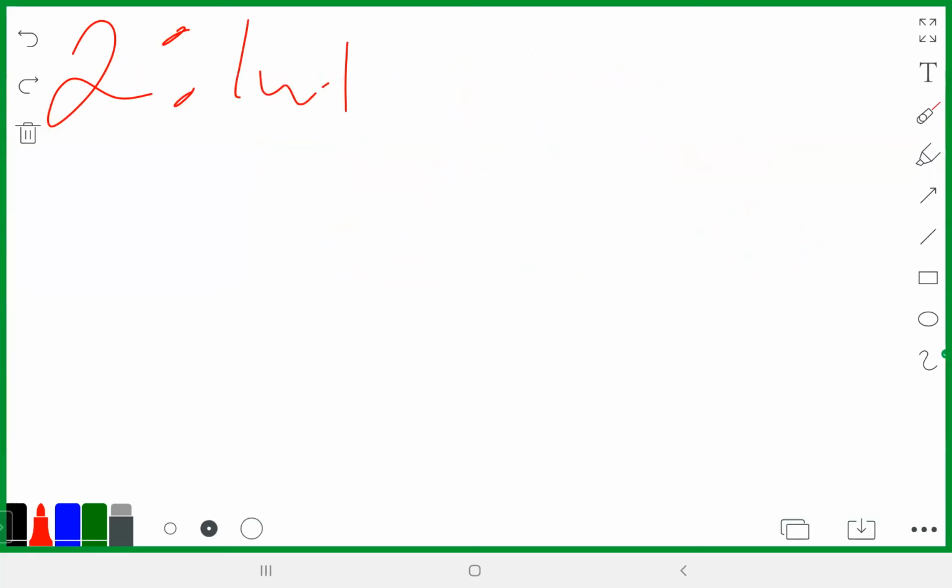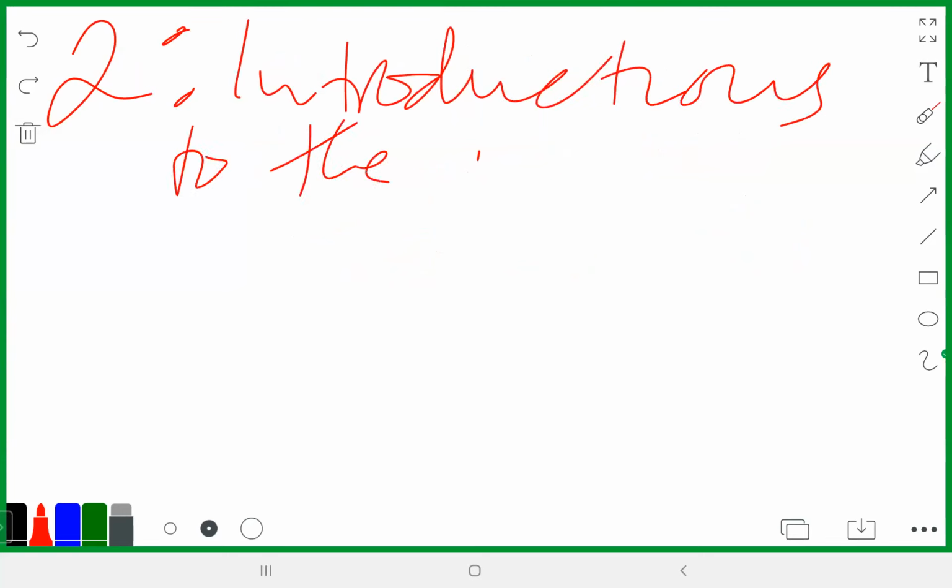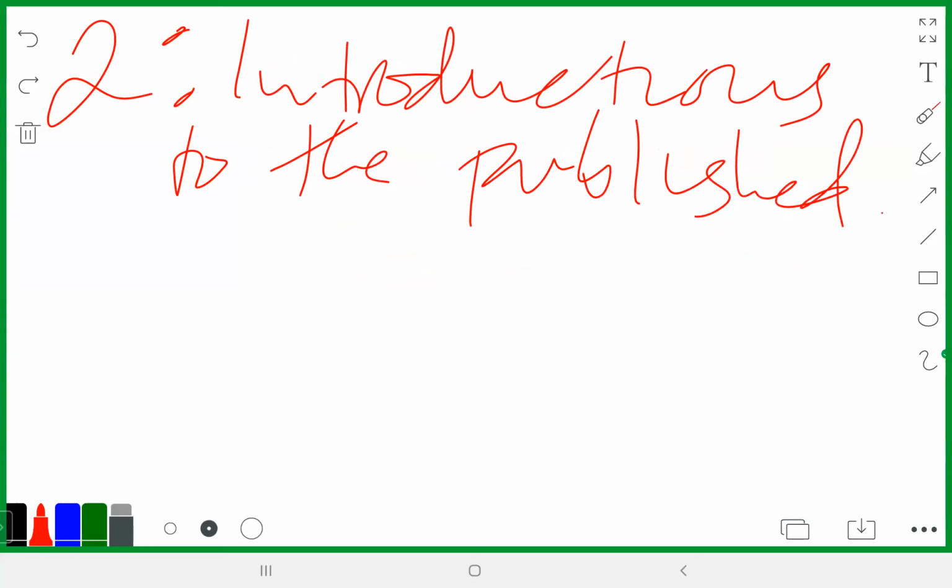Here we introduce you to the published accounts. What is it that is being covered under the introduction to published accounts? We introduce you to the published accounts and the consolidated or group financial statements. This time around, we also introduce you to the international accounting standards, IASs,